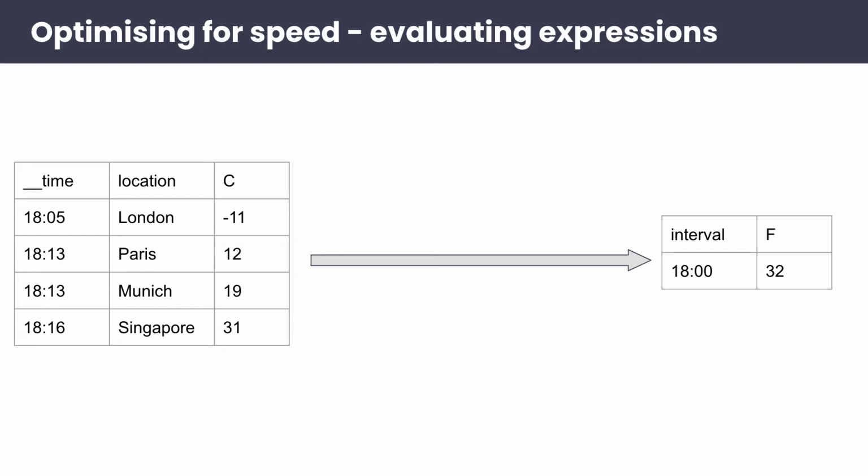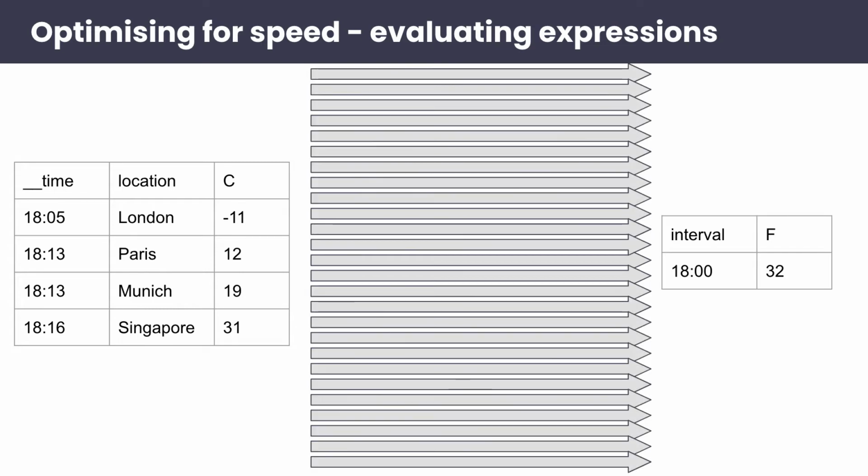Imagine I do a select to calculate the degrees Fahrenheit from the degrees Celsius in this data, and then I get the average over a time period. Now, I can do that at query time in Druid, and yes, it's going to be really, really fast because that's a really stupid example. But we have to think about those 1 million users who are going to execute that query 1 million times a day. I could cut out some of the processing that Druid has to do by doing the maths,